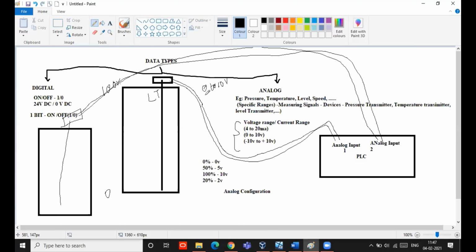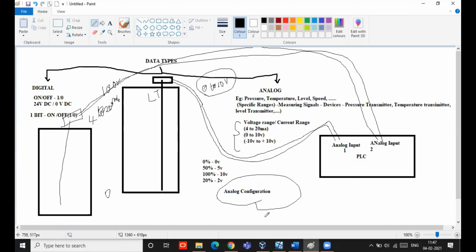Now just assume this level transmitter is generating 0 to 10 volt. And just assume this other level transmitter is generating 4 to 20 milliamps. So how will the PLC know whether it is 0 to 10 volt, or minus 10 volt to plus 10 volt, or 4 to 20 milliamps? We have to do this analog configuration.